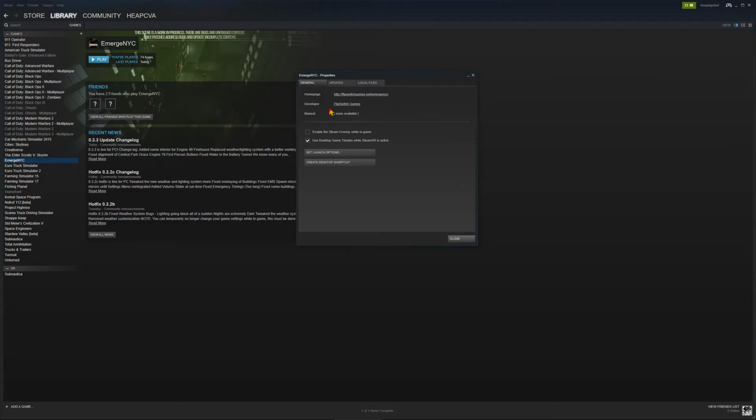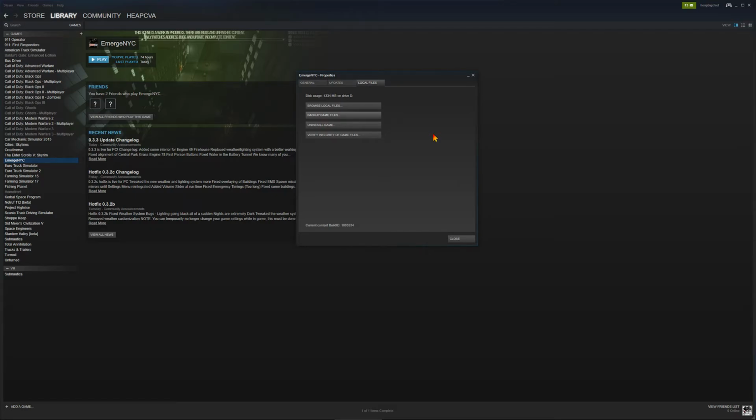The first tab, which says General, talks about launch options and shortcuts. It's up to you whether you create a desktop shortcut or not. Updates is relatively important, especially the top one up here. I have Emerge NYC set to high priority because I was having a problem with it catching every update or patch, even though I restart my computer a couple times a day because of programs I use. You should prioritize your updates. And then the last one is one that a lot of people overlook, but it's actually pretty important.